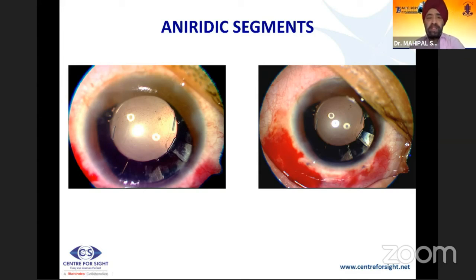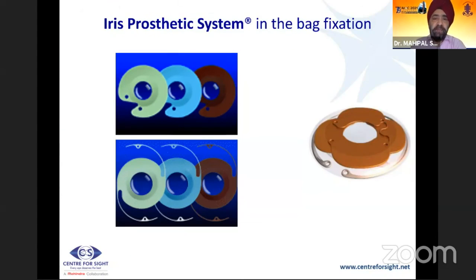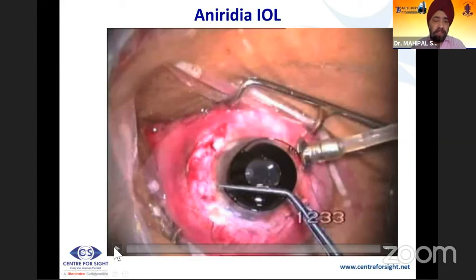You have to be careful that the pigment stays and it does not leach and does not cause any inflammatory reaction. These are iris prosthetic systems which are not available in India, but they also give good results. This is the first